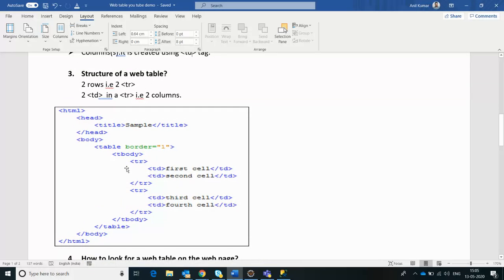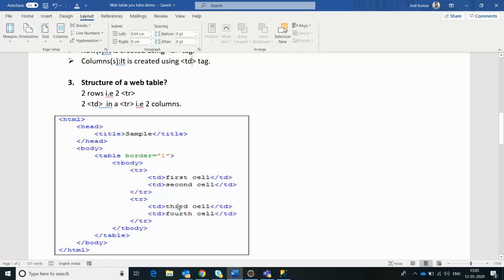Now within one particular row, how many columns are there? TD, TD. We can say two, right? Similarly, in the second TR tag, there are two columns. So wherever you see a number of TR tags, that means there are that number of rows in that table.